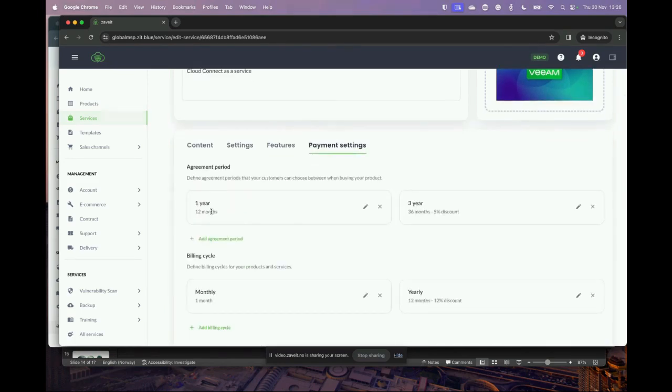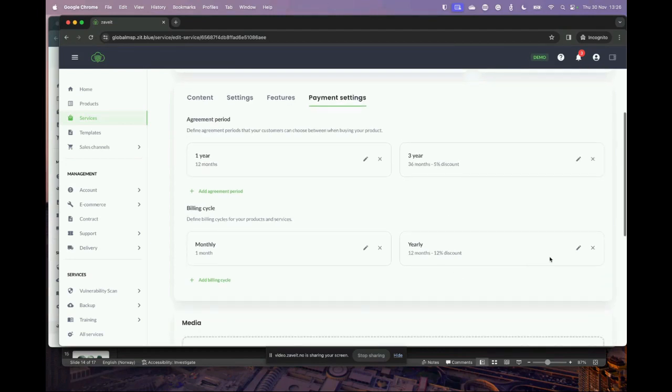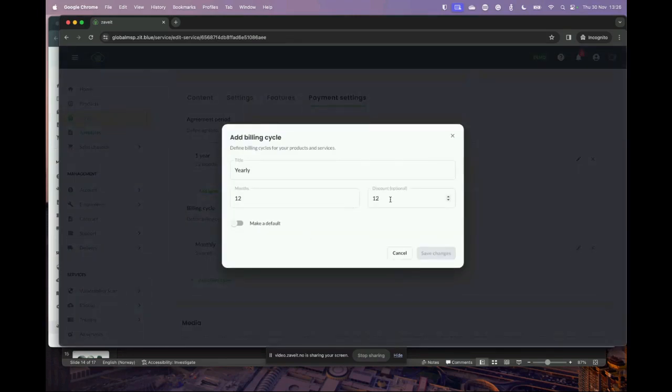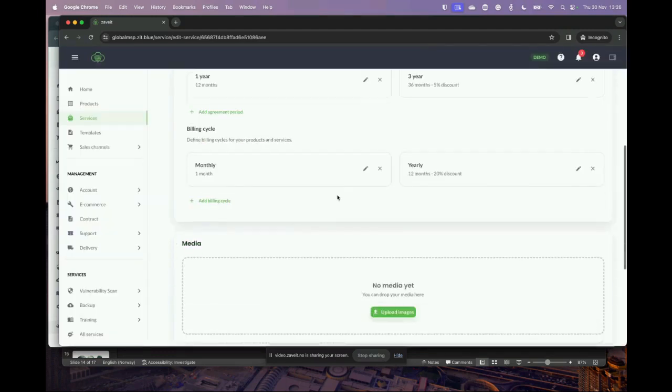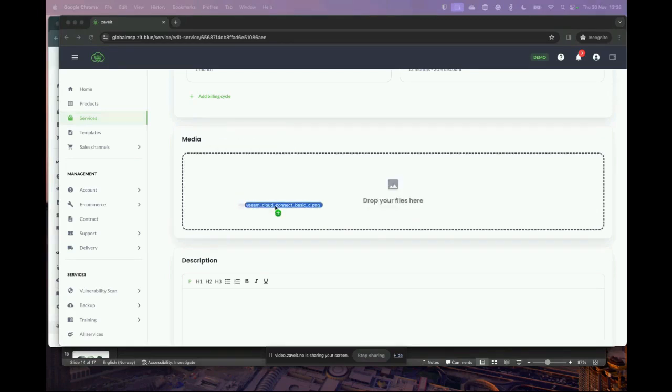And then, of course, I can tune and set up my agreement periods on the service, on the subscription, and the billing cycle as well. So let's say I want to give them 20% discount if they pay for a year upfront, for example. I can do that through here. I can then also upload even more media so the service looks really nice.